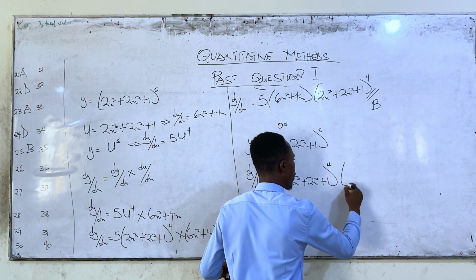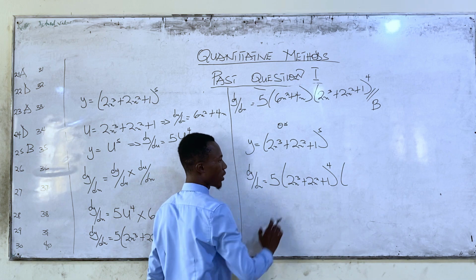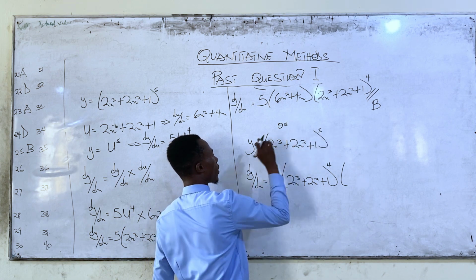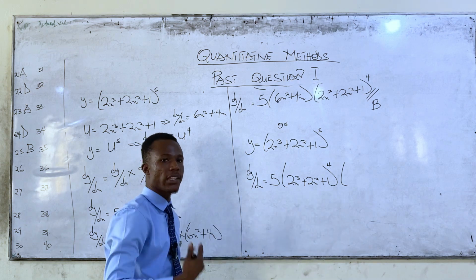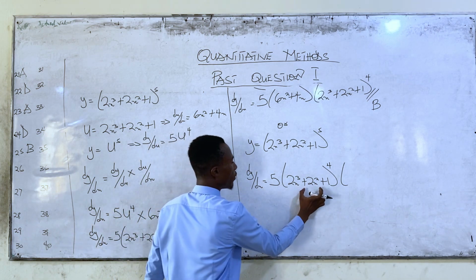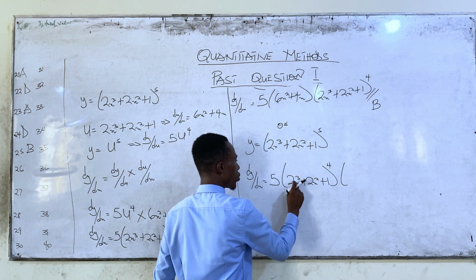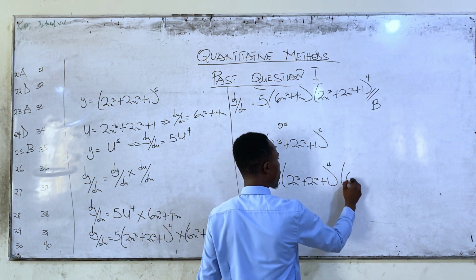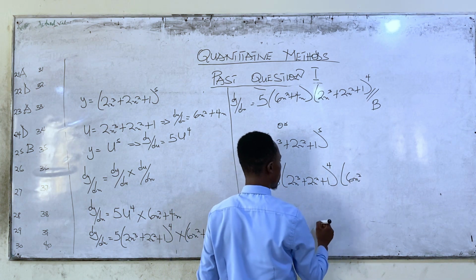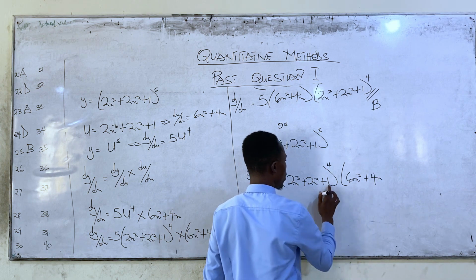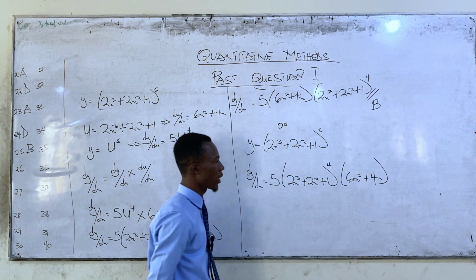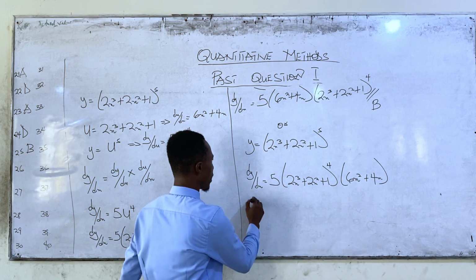So you open another bracket, then you just differentiate whatever is in the bracket. First of all, this one comes here, you subtract 1, just like the normal differentiation. Then you open another bracket and differentiate whatever is in the bracket. So this one, 3 times 2 will give you 6x squared, right? Then here will give you plus 4x. Here will give you 0. So you close your bracket. So you can rewrite it again